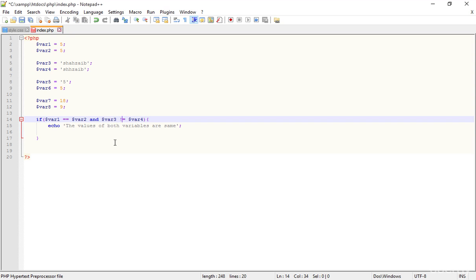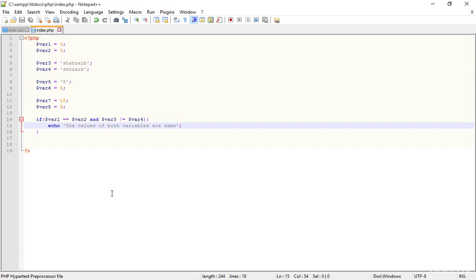So we can do another thing. For example, if the var1 and var2 is true and the var3 and var4 isn't true, in that way this statement, the codes inside the curly braces should run. So go to the browser and refresh it, and now the value of both variables are same. Okay, actually the both variables are not same. This is a simple text, but the thing is that this command is running. Okay, now